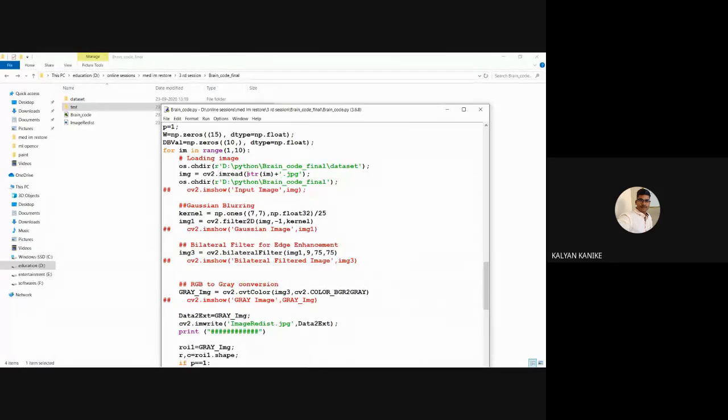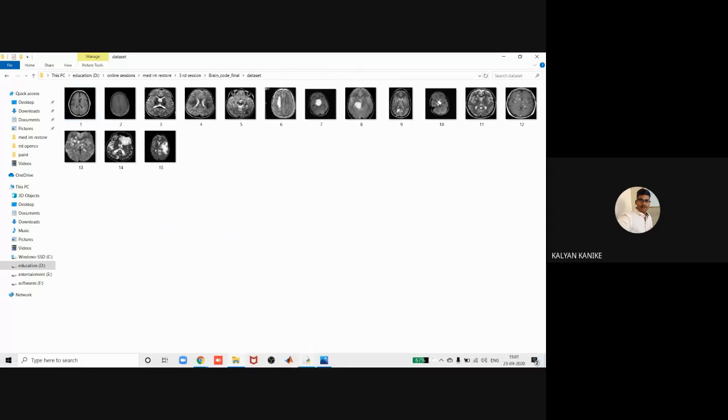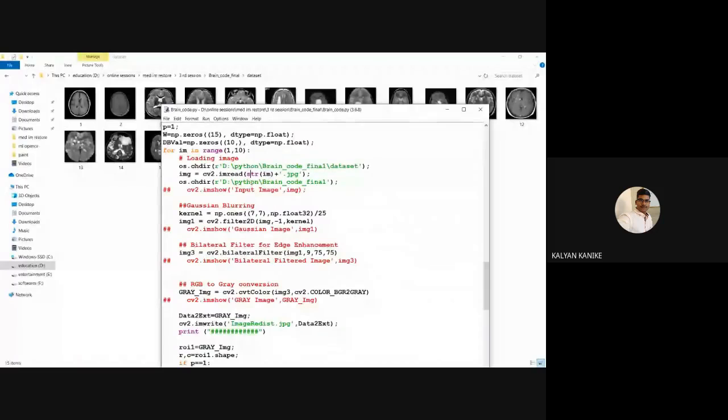cv2.imread string image. Here, generally we give the image name and the extension, right? So the image name is going to update with 1, 2, 3, 4, 5 like that. For example, the first time it will take 1. That 1.jpg image, which is stored here, it is going to take as an input. Fine. So for that particular input image here,